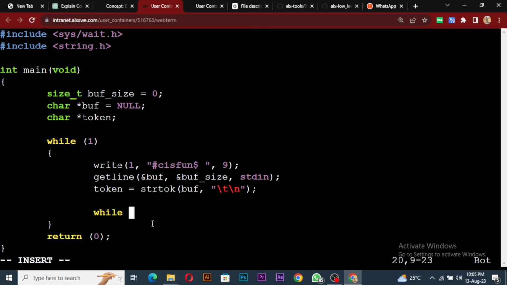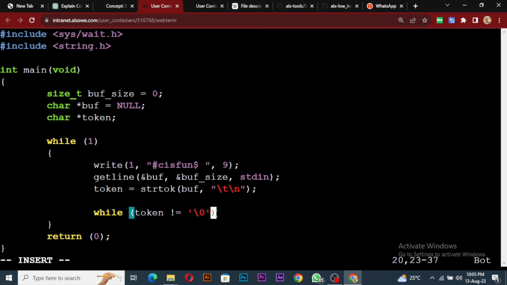We'll say while token is not equal to null. Okay, so while token is not equal to null, that is while we've not gotten to the end of this